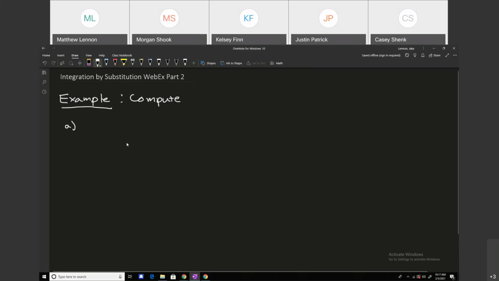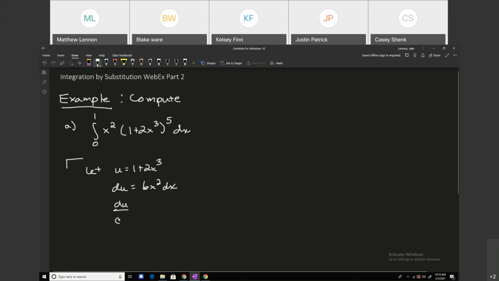So the first one was the integral from 0 to 1 of x squared times (1 plus 2x cubed) raised to the fifth dx. So again, we want to let u be the 1 plus 2x cubed. And then du, we take the derivative implicitly on both sides as 6x squared dx. And then we want to go ahead and solve for dx, so we divide by 6x squared. So du over 6x squared